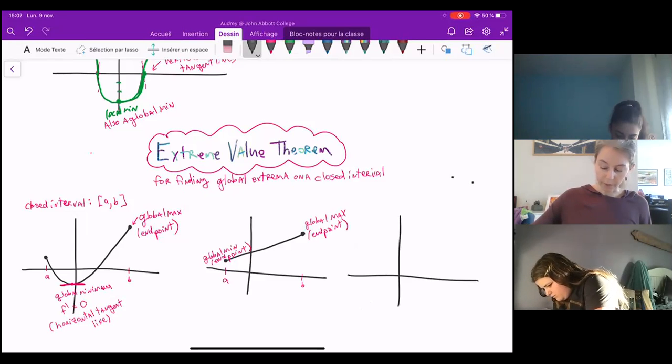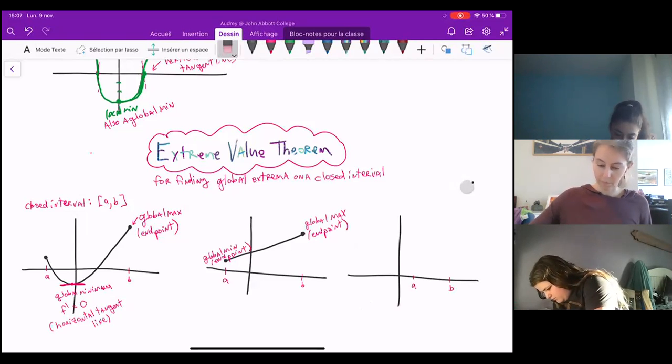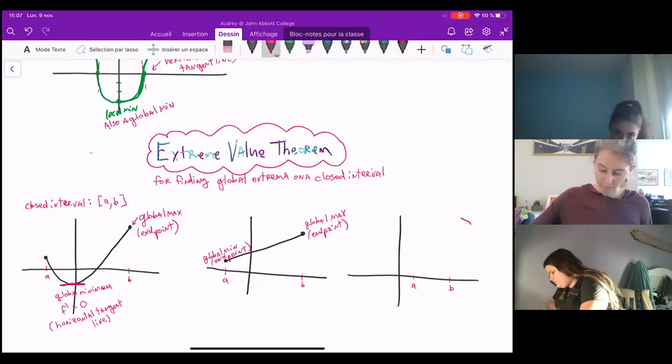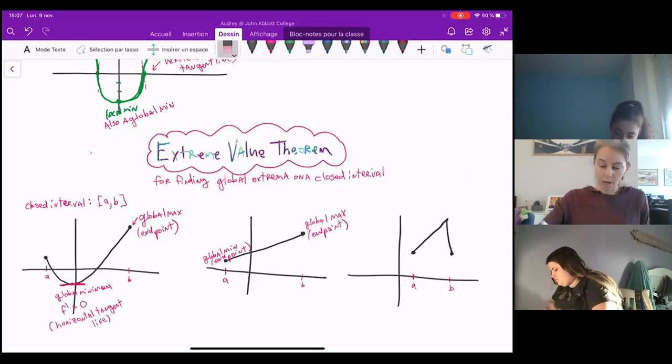Or I could have something like this occur. And I'm going to call this place where we have that corner